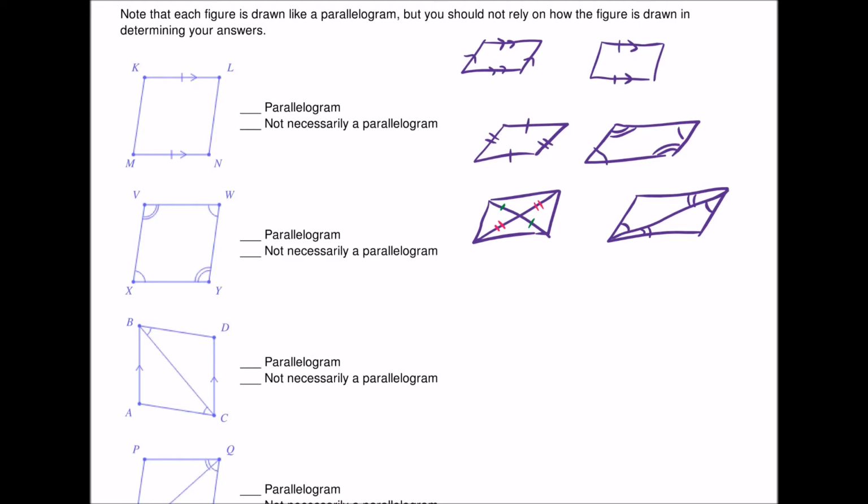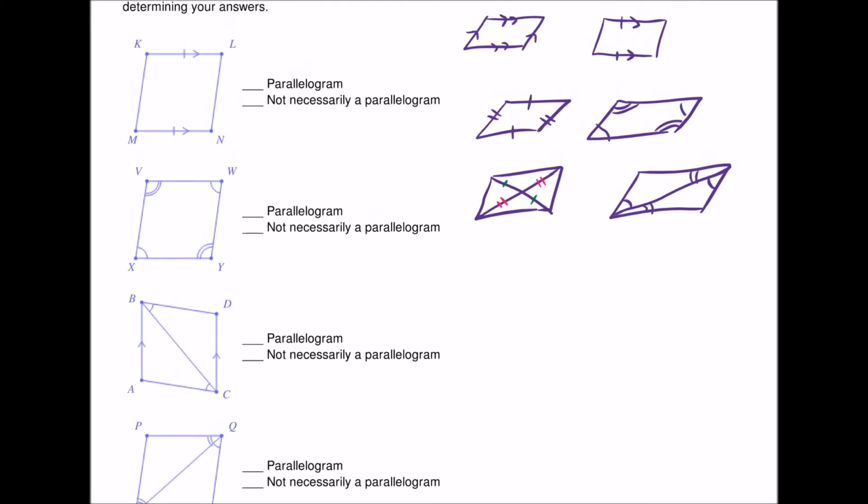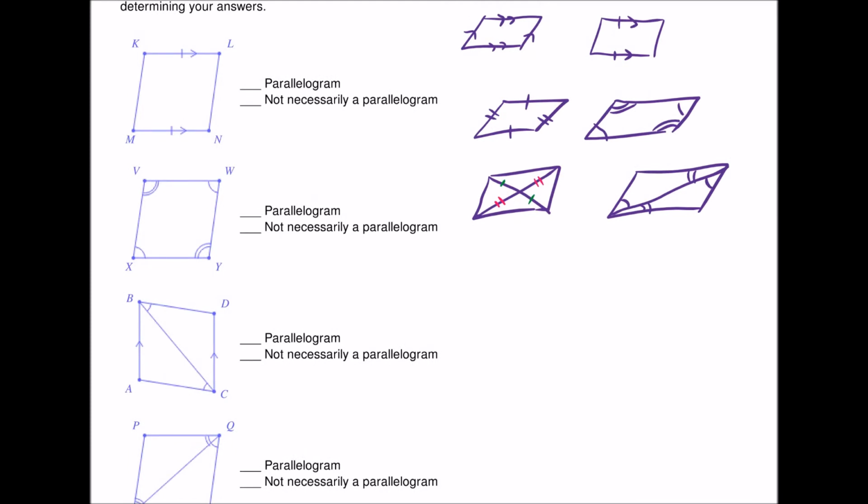Okay, so based on all the figures that they give us, the first one is a parallelogram because it falls into this case. Okay, the second one, all opposite angles are congruent. So this is a parallelogram. This falls into this case. The next one